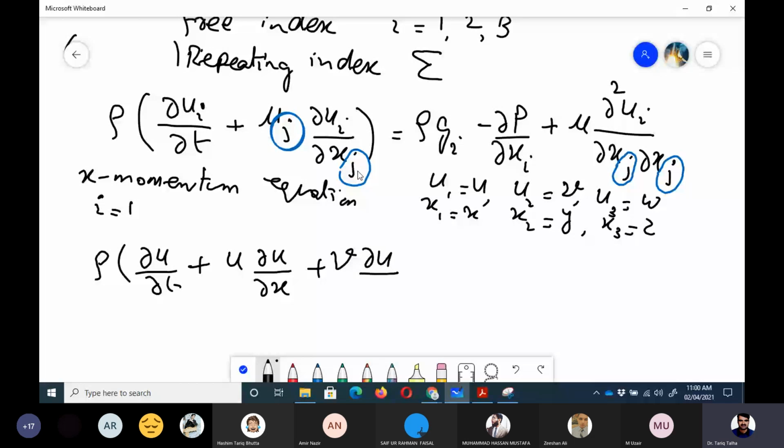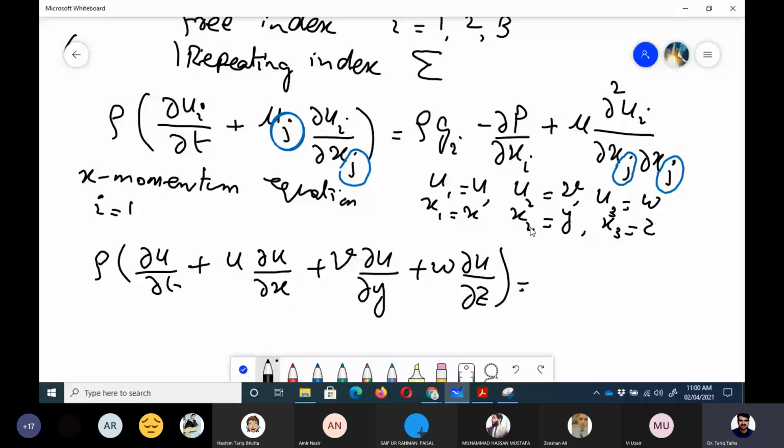Then again the third term is j is equal to 3, that is w, and u3 is w, then again u1 is u, and then x3 is z. Now you can see that we have easily written this. The left hand side, the right hand side, I is equal to 1, so it would be gx